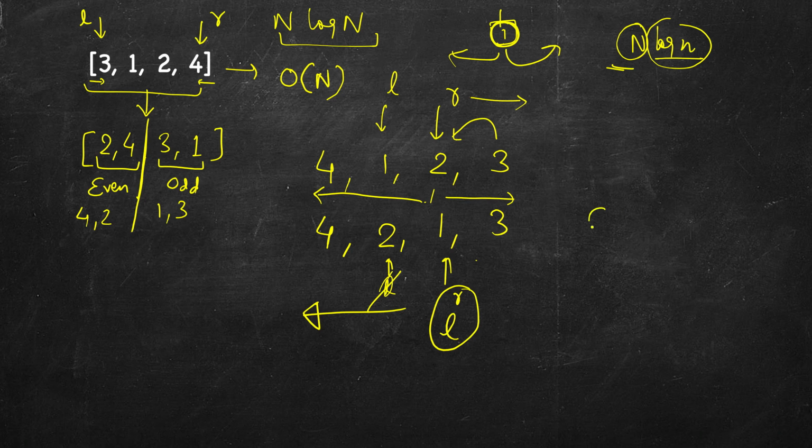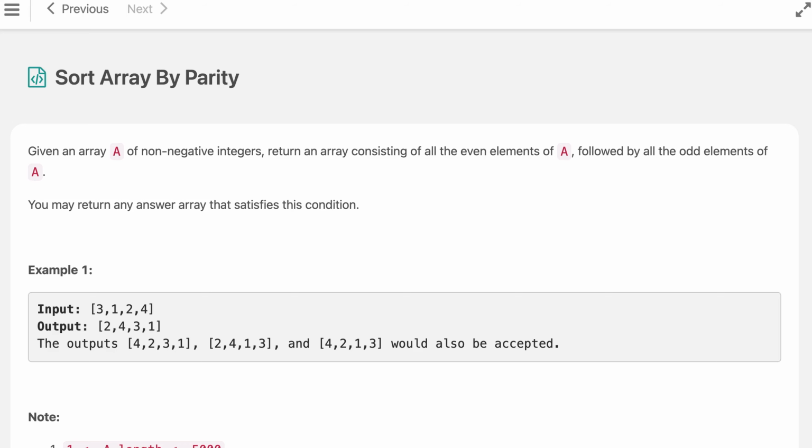So how much time will it take? Clearly O of n, just one pass in total. Some part from left, some part from right. And we are doing it in place. That is, we are changing the original array itself. So we will not be using any extra memory. We will return the original array. If you are not allowed to modify it, then we can do it in a separate array. So let's write the code for this. It should be very easy for you.